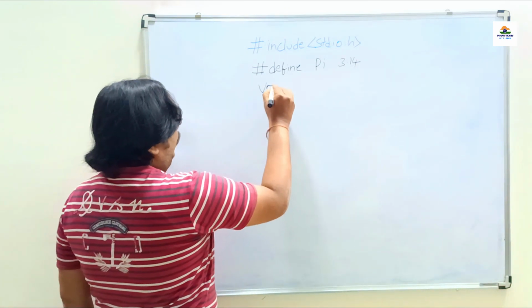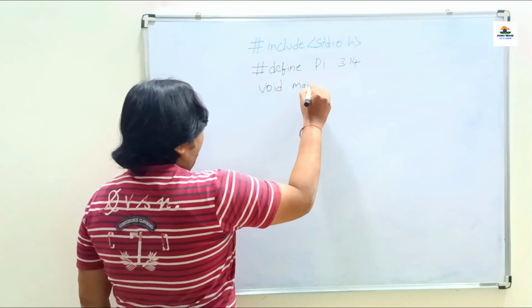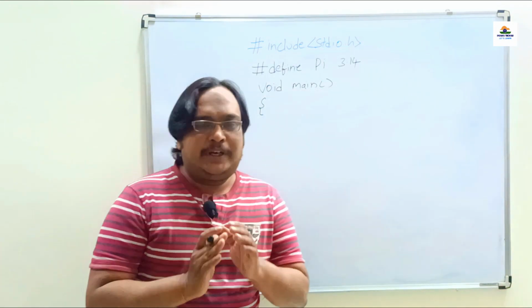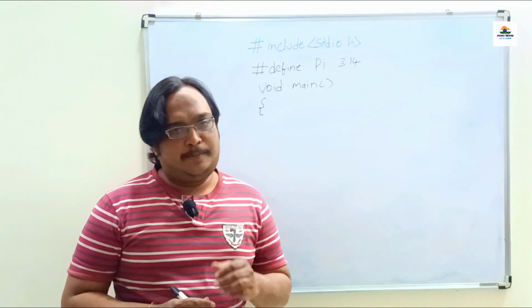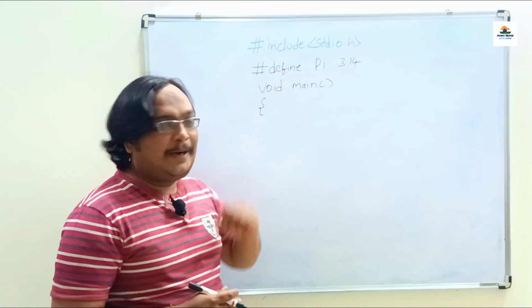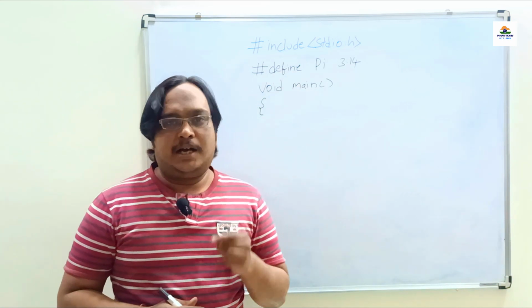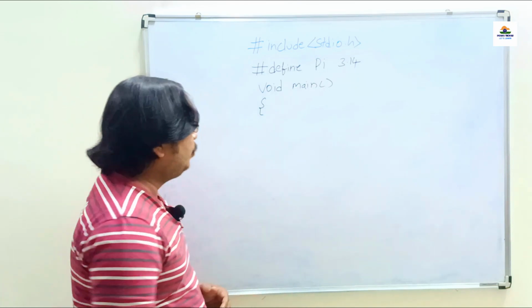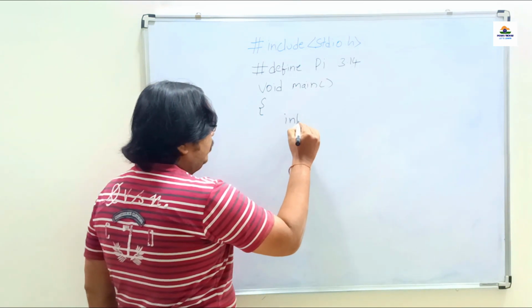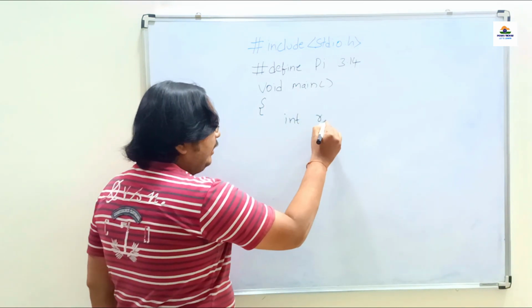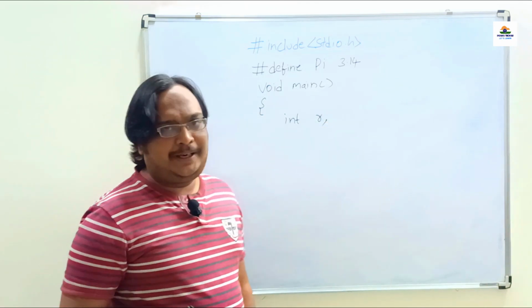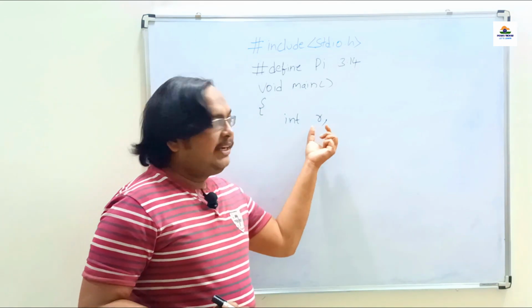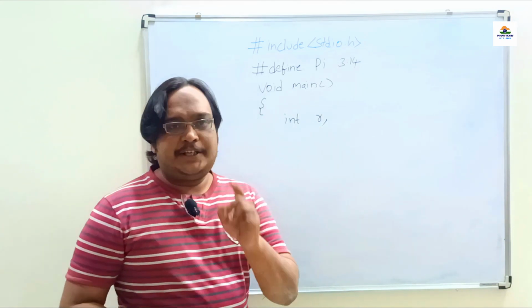So, void main. Open the braces. Now, to calculate area of a circle, the formula is pi r square. We already have pi. What is the meaning of r? R stands for radius generally. Next, we need one variable to take radius as an input. So I am declaring radius as an integer. I am expecting it is not a float or fraction value, it is a normal integer. So I take r for radius, you can take any name of your wish, but it should start with an alphabet.